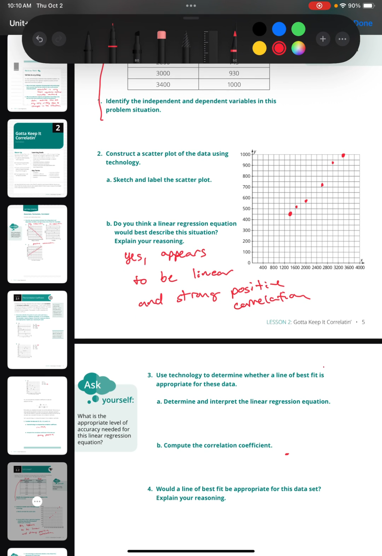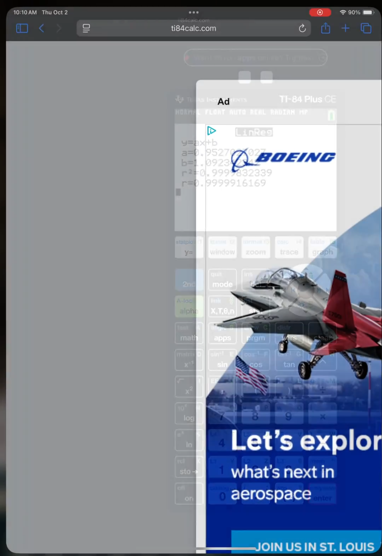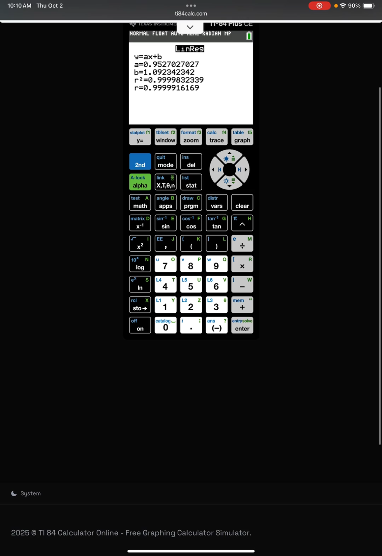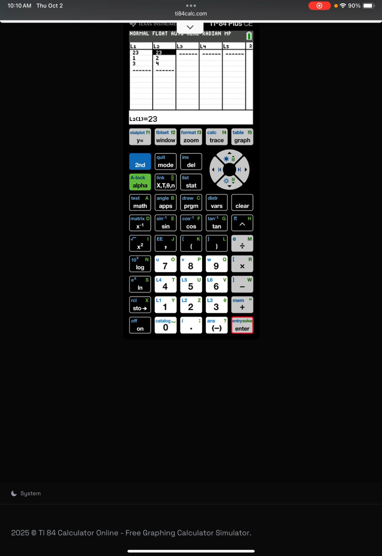Okay, number 3, use technology to determine whether a line of best fit is appropriate for this data. Again, I'm going to go back to the calculator and input that table from the previous page. I'm going to go back to stat, edit, clear out my L1 and L2, and put my new X's under L1. That was 1,400, 1,550, 2,000, 2,600, 3,000, and 3,400. And then my Y's are 450,